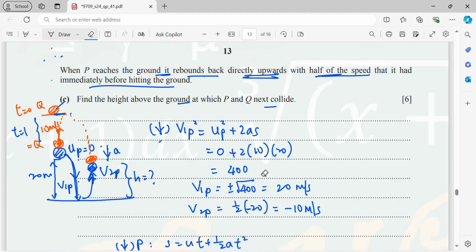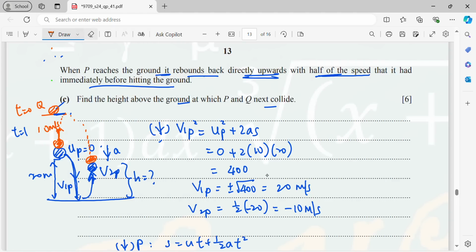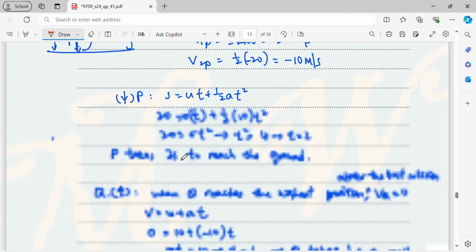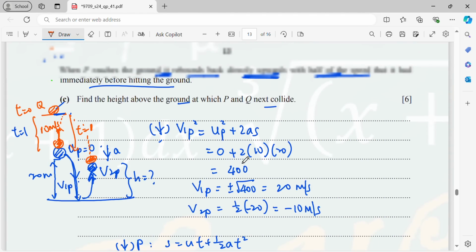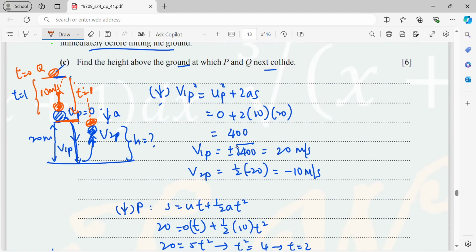So this is 10. So that means here 1 second, right? So to go down to the same position, it will be just 1 second. That means within the 2 seconds, when the P reaches the ground, actually the Q is going back to this position. Alright, so now when it is going back to this position, so I need to find out